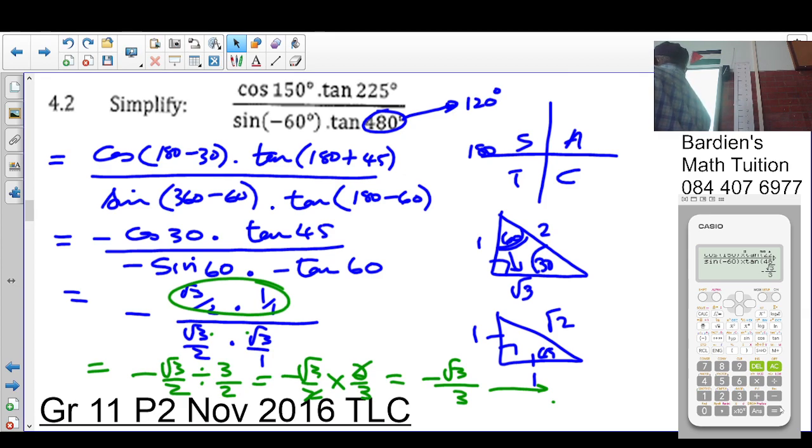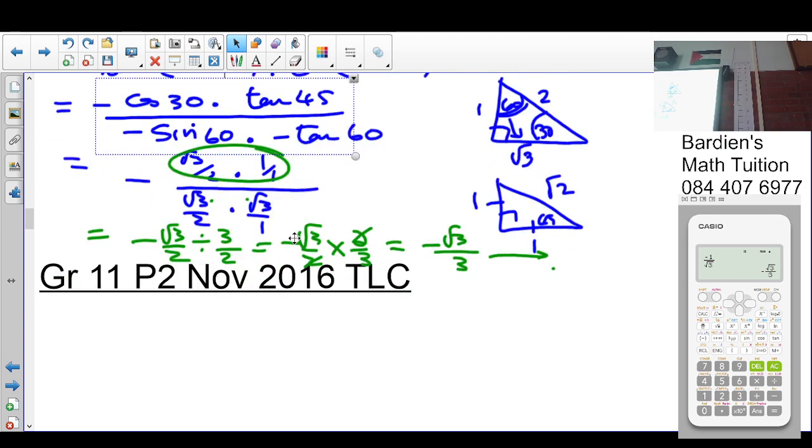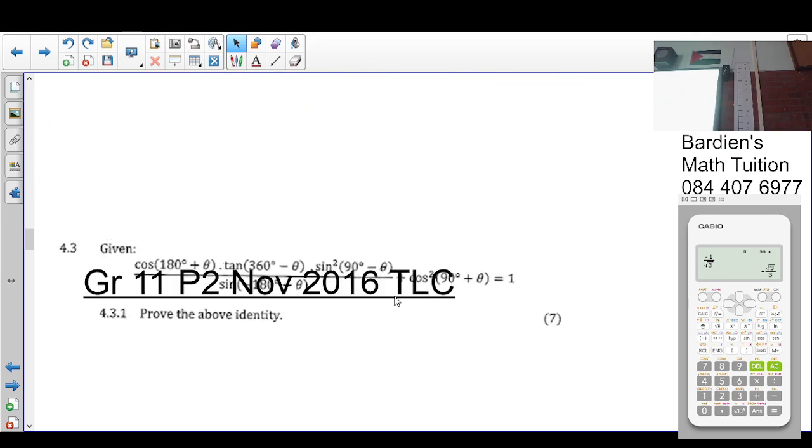Negative 1 over root 3. The same thing. Remember that the denominator is rationalized. That's why. So in the exam, both will be accepted. But anyway,